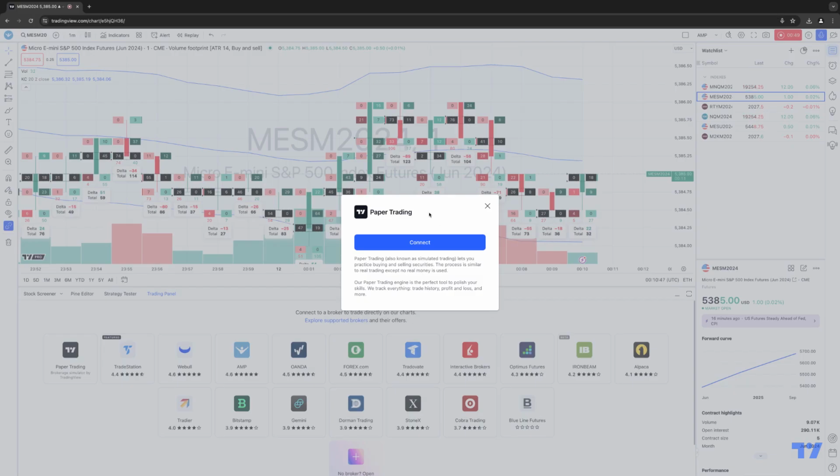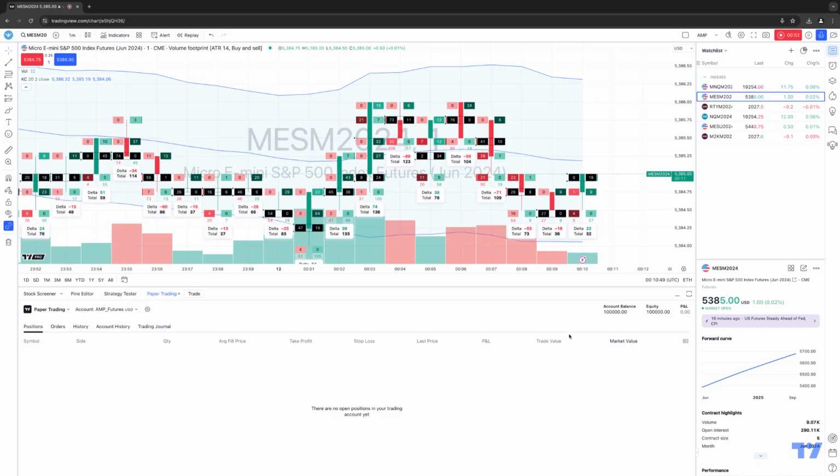We're going to click this, and all you need to do at this point is hit Connect. Give it a couple seconds, and you'll pretty much be instantly connected to the Paper Trader connection. You can see on the far right corner, it says Account Balance. You can also see here, it says Paper Trading, and you can also see here, it actually says Paper Trading